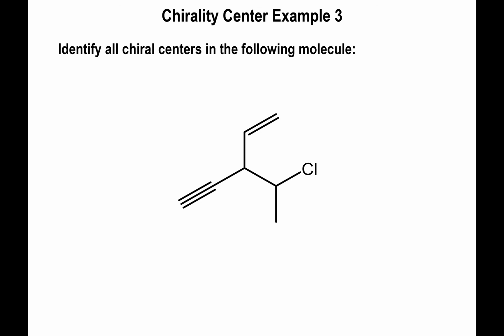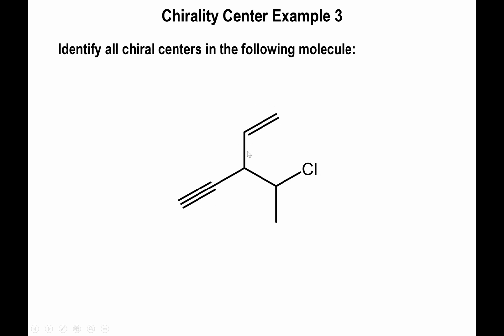Okay, let's do another example right here. So I introduced some alkyne and alkene functionalities in the molecule. So by default, the sp and sp2 carbons by themselves are not going to be chiral, but that is not to say that somewhere else in the molecule they could not be chirality, right? So the fact that you have alkyne and alkenes does not negate the possibility that the molecule could still be chiral. What we do know is that on the alkyne carbons or the alkene carbons, chirality is not going to